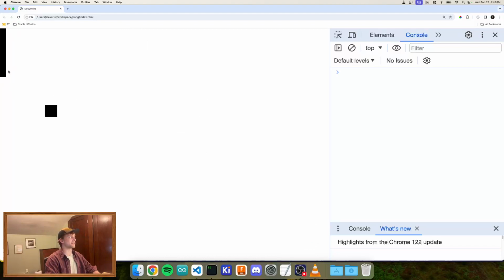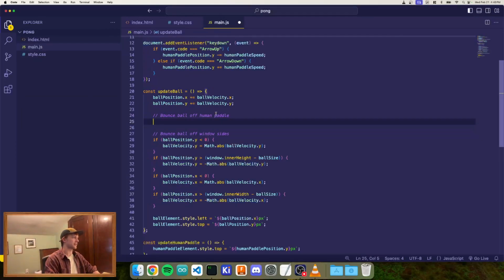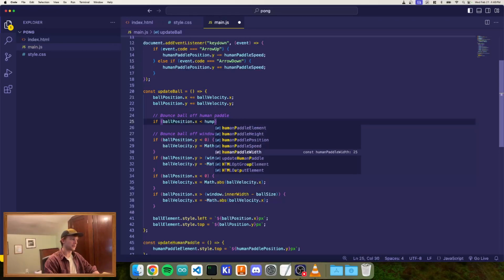But we have a few if statements we can use to detect that collision. So first off, the ball is going to need to be to the left side of the right side of the paddle. So let's write an if statement for that. If the ball position dot x is less than the width of the paddle, human paddle width,